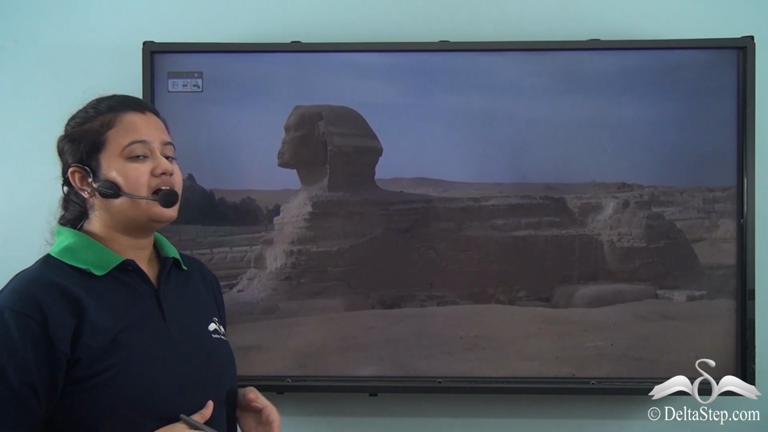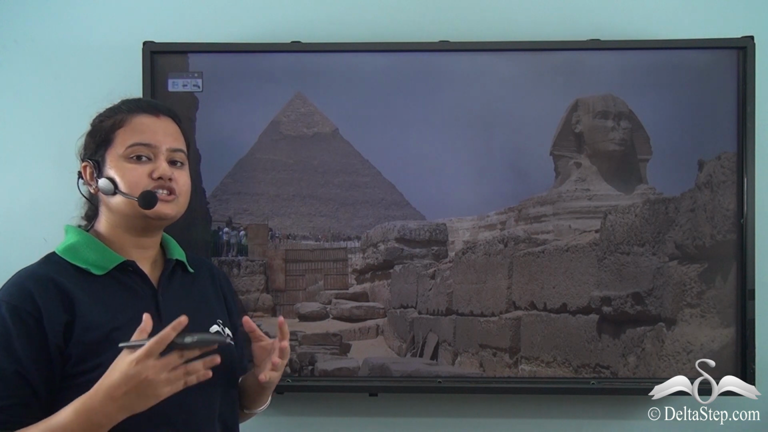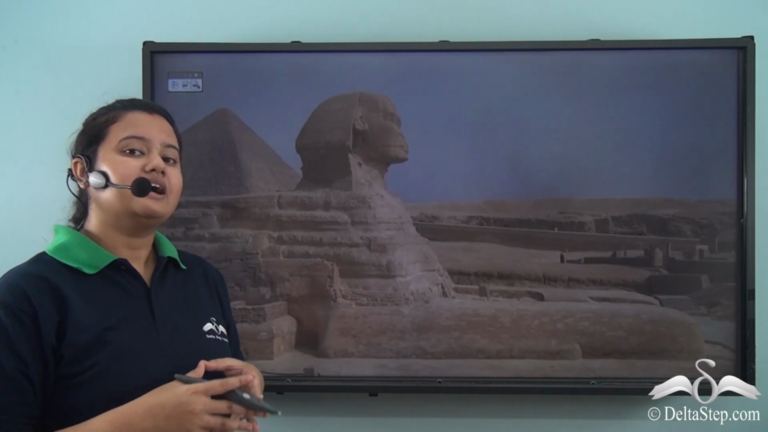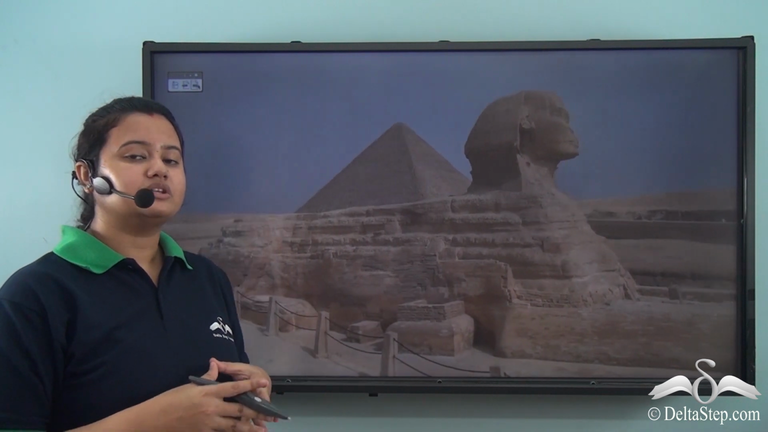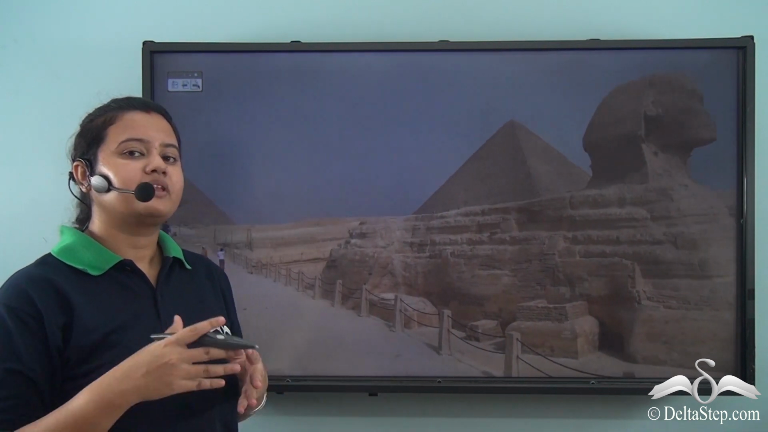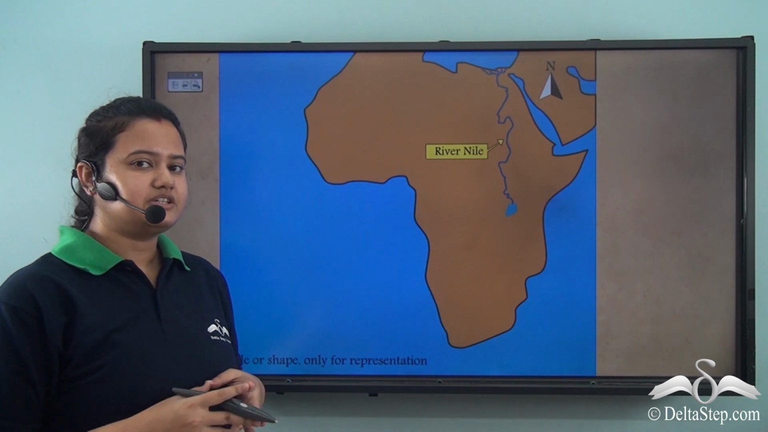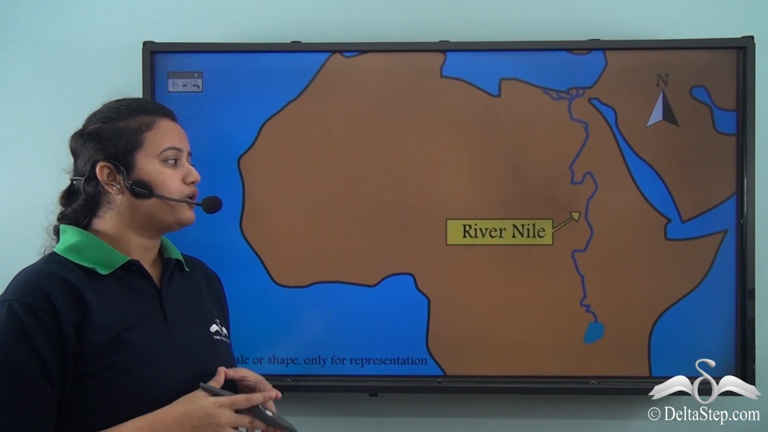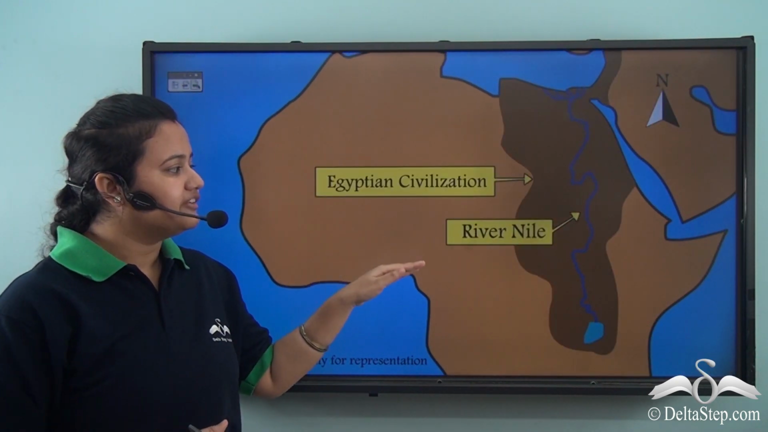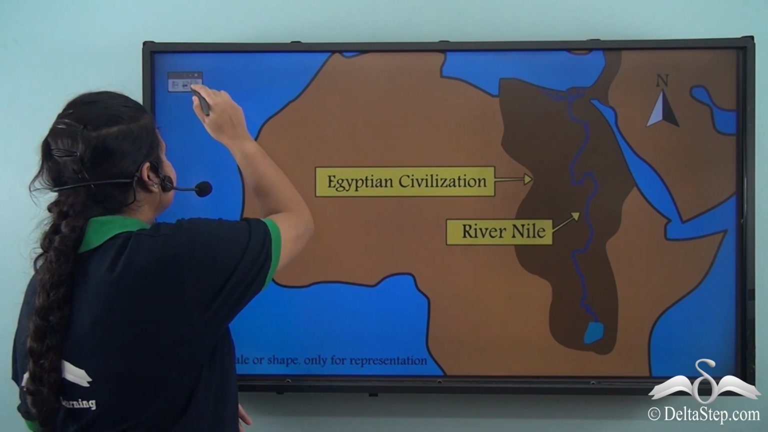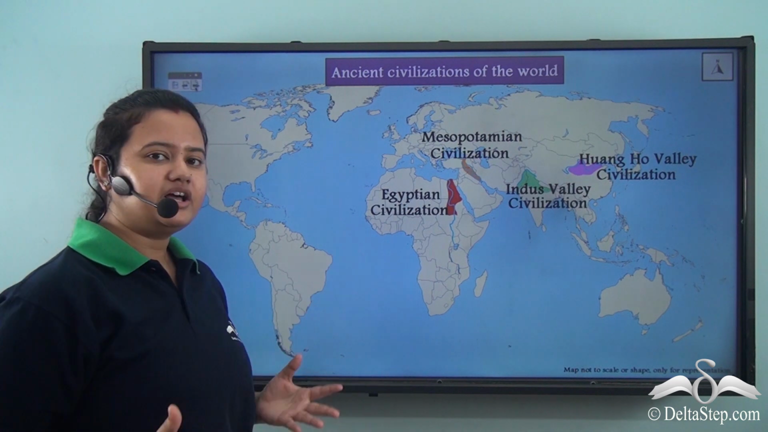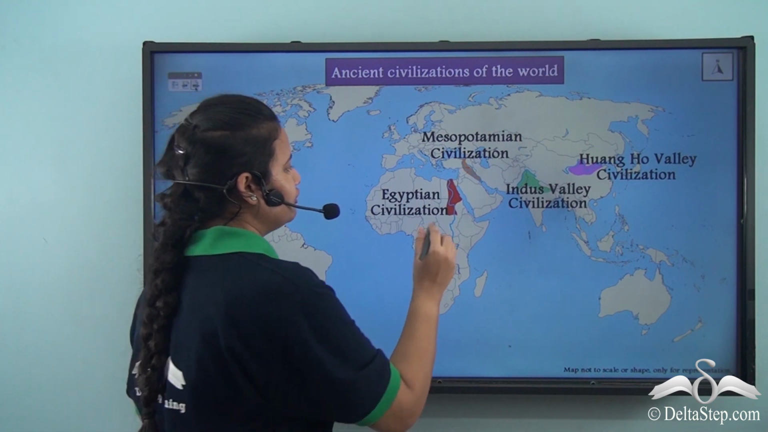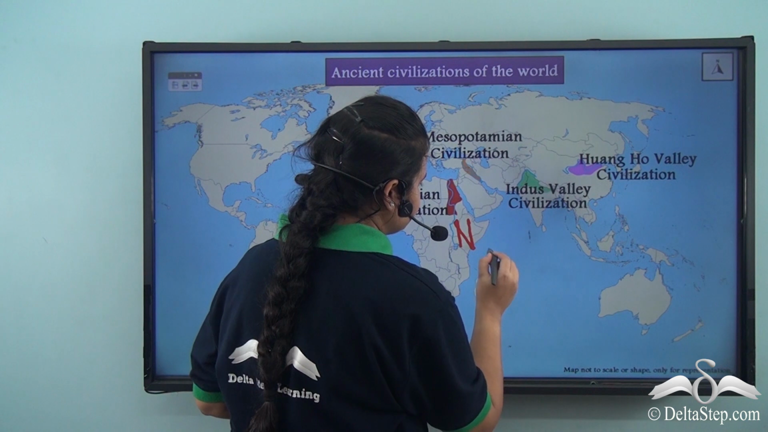Now, pyramids are a representation of Egyptian architecture and culture. This is to say that pyramids belong to the Egyptian civilization. Now, Egyptian civilization flourished and developed on the fertile plains of the River Nile. Just like Egyptian civilization that flourished on the fertile plains of the River Nile,